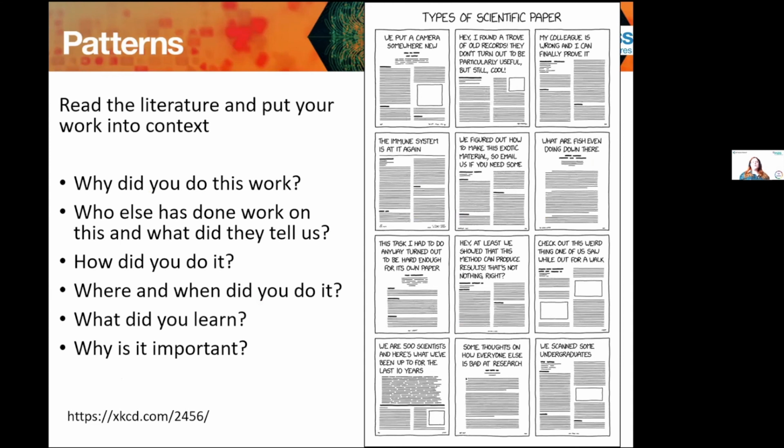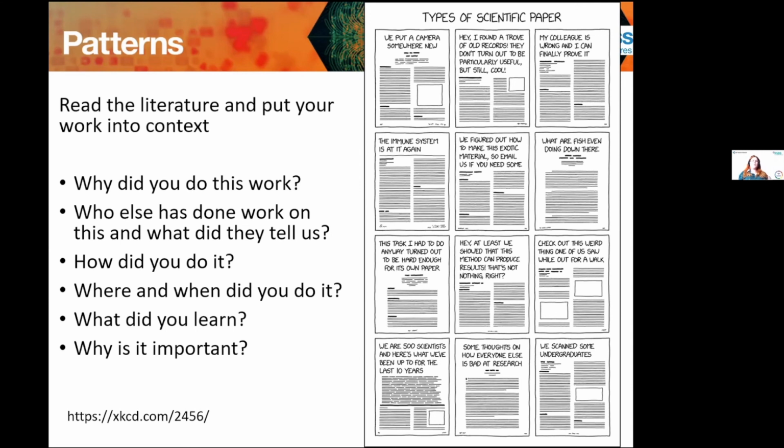Putting your work into context is absolutely vital, right? There is an awful lot of literature out there. I really appreciate that. And it can be hard to read everything that's going on in your field and everything that's been published. But having an understanding of what has been going on helps you come up with a story of your research, why you did it, how you did it, all that sort of stuff. So yeah, there's a few questions there that come on from the previous couple of slides.